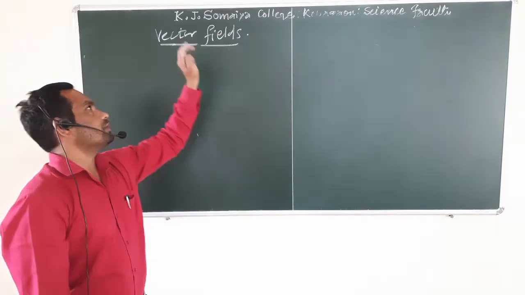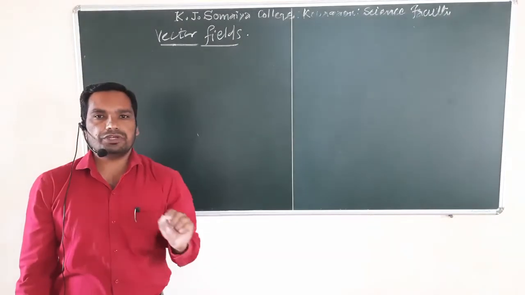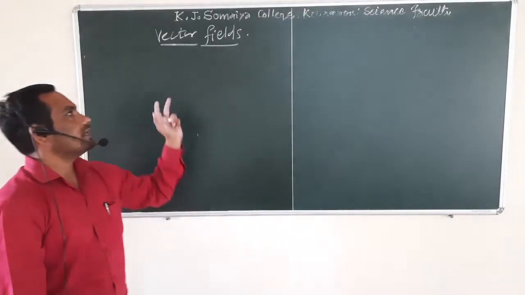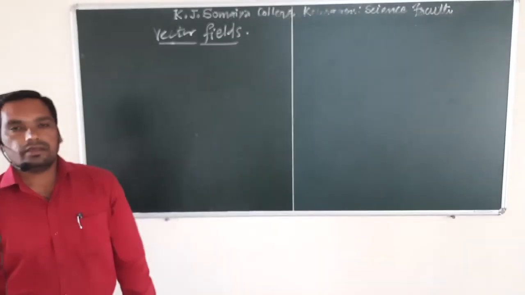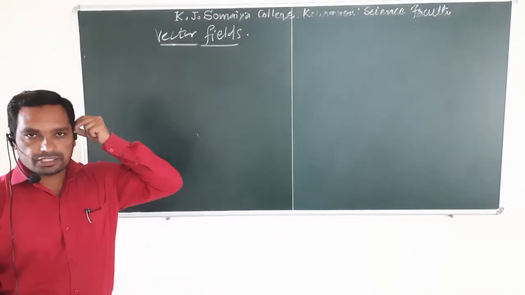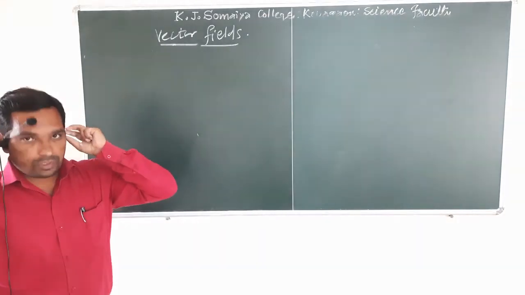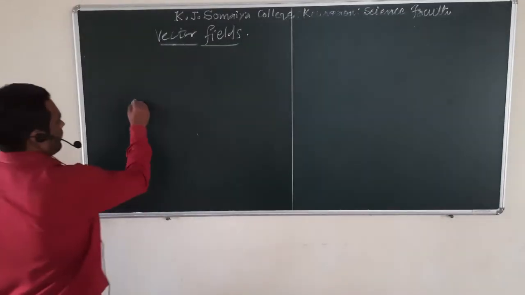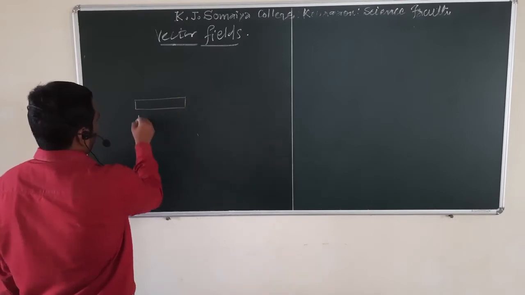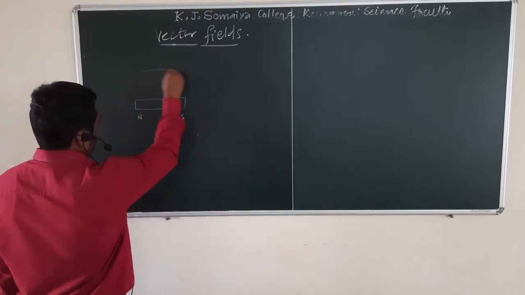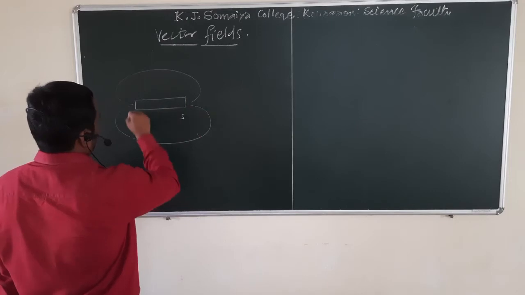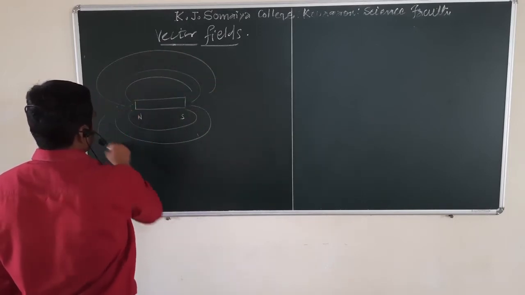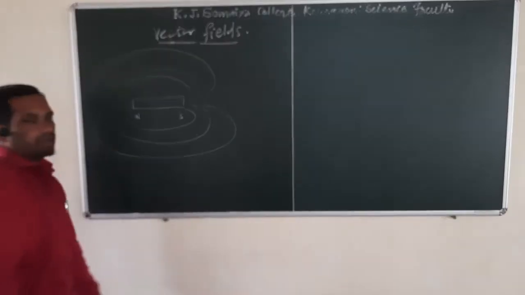Instead, in case of scalar field we need a scalar point function. For vector field we need a vector point function. What is an example of a vector field? Suppose the magnetic induction vector, vector B. We know that if we have a magnet with north and south poles, then we can draw flux lines like this. You have seen a figure like this many times.